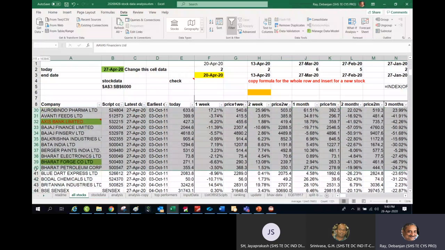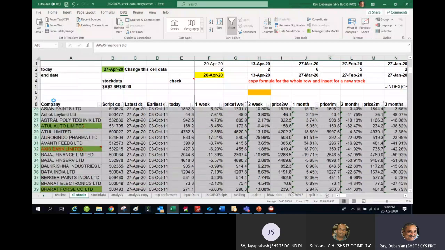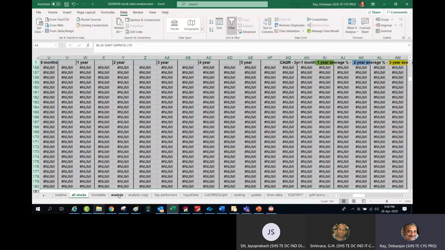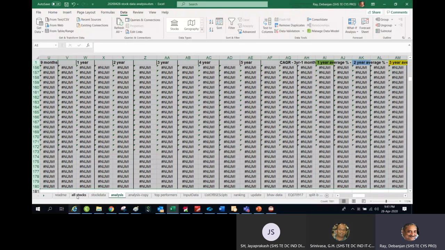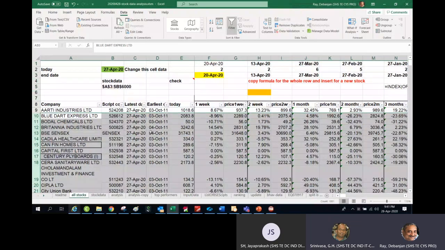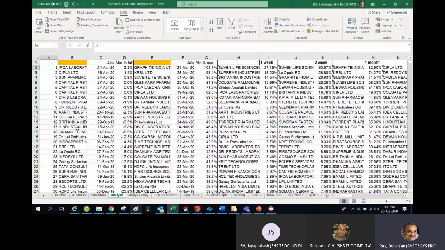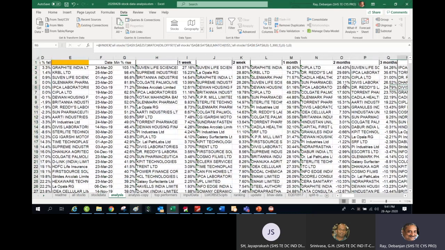Now after doing that, I want to keep focus only on this. Now my list is very small, and there's some problem in the analysis. I have to look at why this has happened. Accordingly, I think this list also needs to be adjusted. So obviously there is something wrong in the formula, because some of the things are not there.